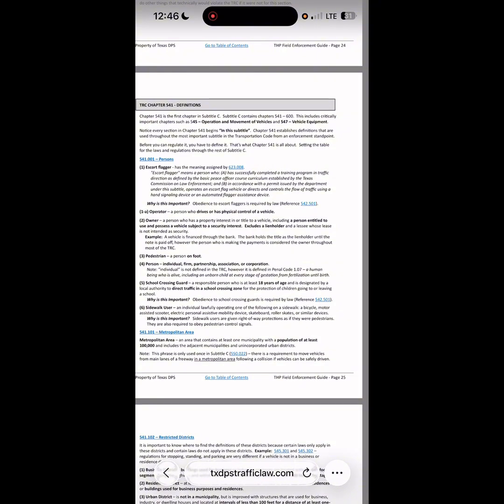Chapter 541 establishes definitions that are used throughout the most important subtitle in the Transportation Code from an enforcement standpoint. Before you can regulate it, you have to define it. This is what Chapter 541 is all about, setting the table for the laws and regulation through the rest of Subtitle C. The first definition will be persons on page 25, Chapter